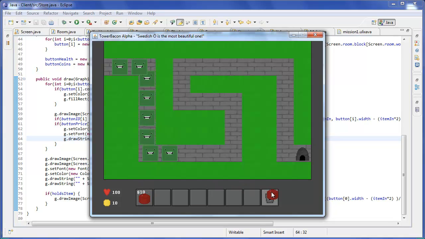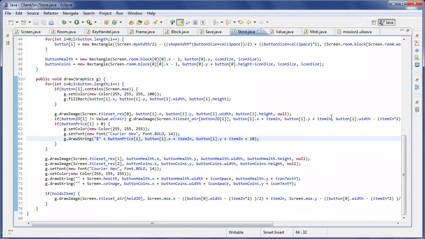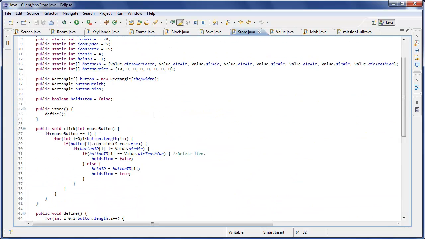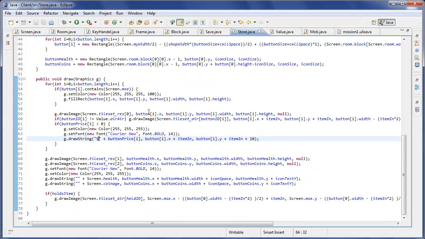All right, righty then. Yeah, so that's all for this tutorial. I hope you guys enjoyed this first tutorial in this tutorial series of how to make your own tower defense game in Java. So in this tutorial we did a lot of stuff. In the next one and the final one, we're going to do some